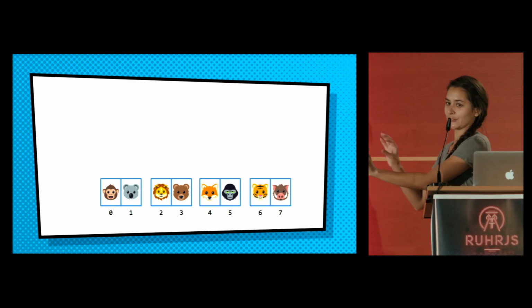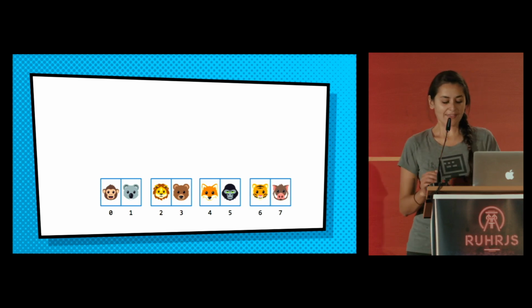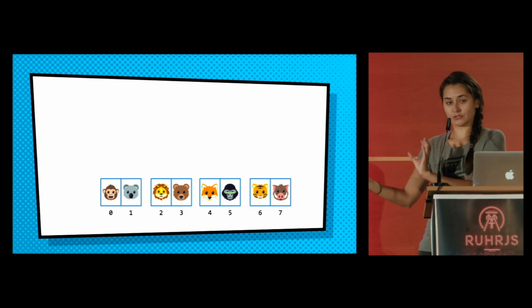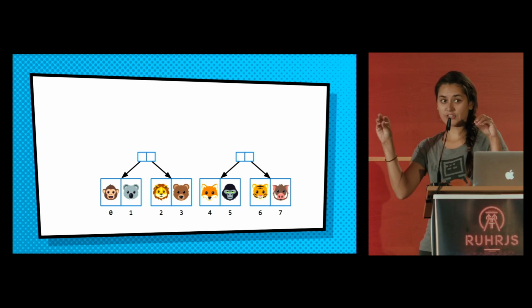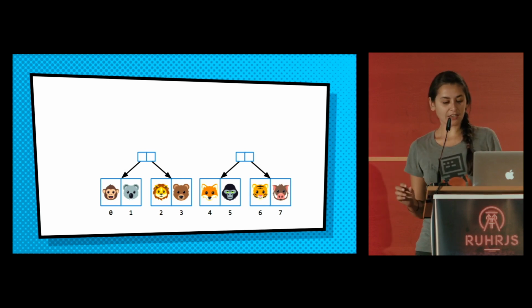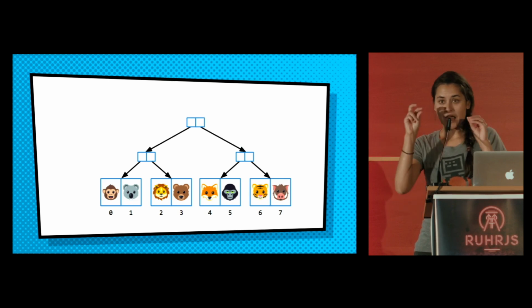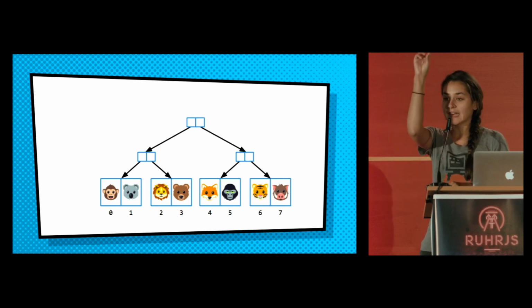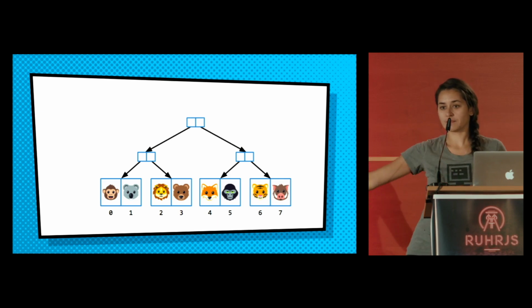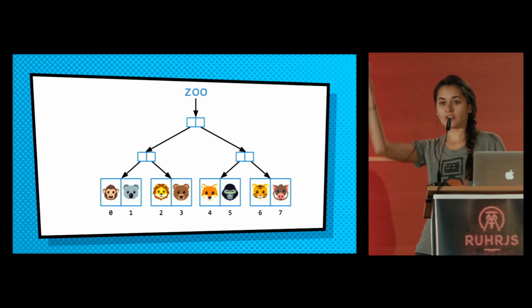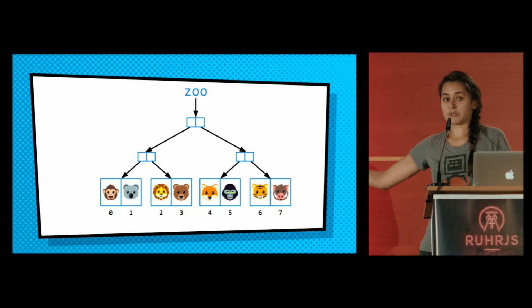So we'll split it up into groups of nodes that are of size 2, that have 2 animals, and then what I'll do is I'll take a pair of those nodes and link them up. So I'll link up pairs with other nodes that are also of size 2, and then I'll take those linking nodes and link them up and keep going like that until I get a root node that unites the entire structure